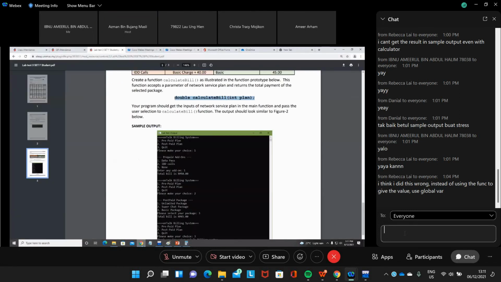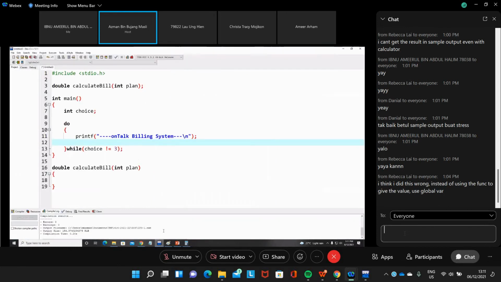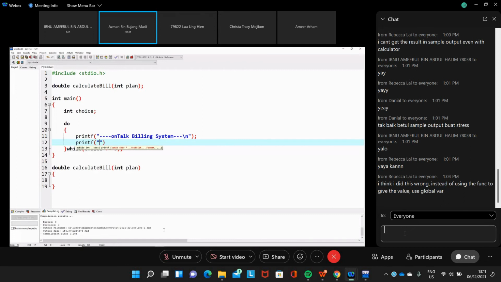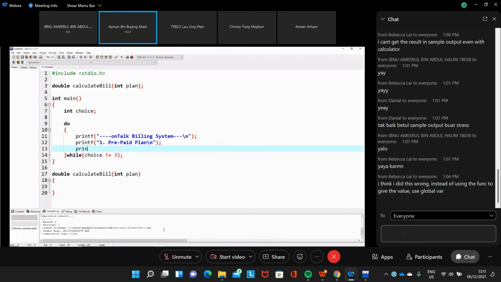This one is the billing system, and then we display the menu: prepaid plan, postpaid plan, 1 and 2. Okay, 1 is prepaid plan, and then another one, this one is number 2, postpaid.